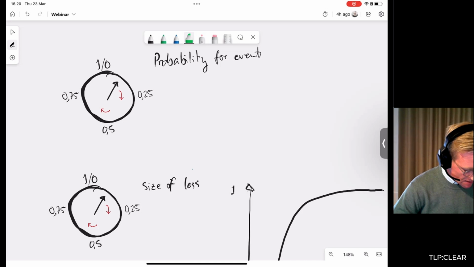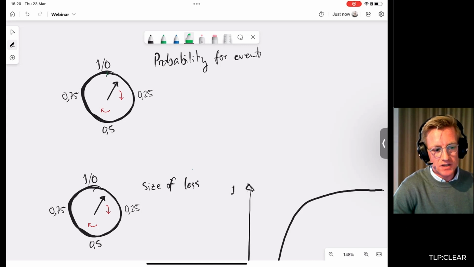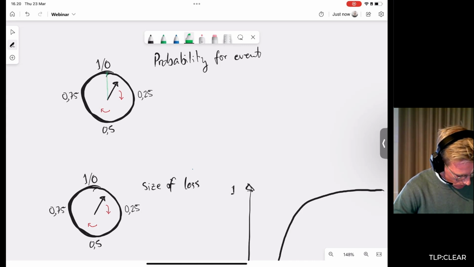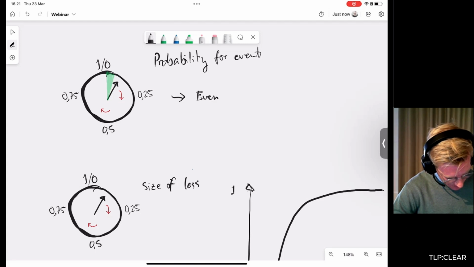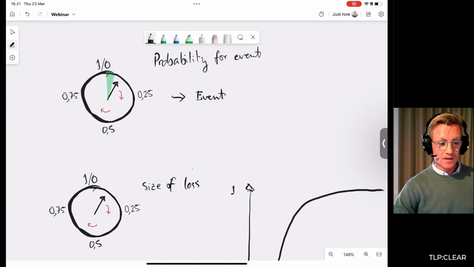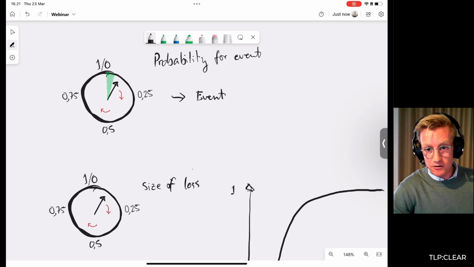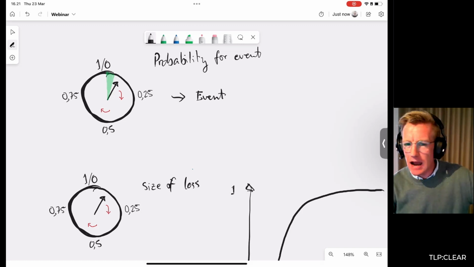Imagine that you have an event where you know that there is a 5% chance for this event to occur. Well, it would look like this. Every time the spinner lands in those 5%, I would have an event. So on each spin, I'm going to ask the spinner, did you produce an event or not? I'm going to end up with 10,000 spins, and how many of those spins are going to land on the event? Well, 5% of them, right? If it's totally random, then 5% would land in that green area.